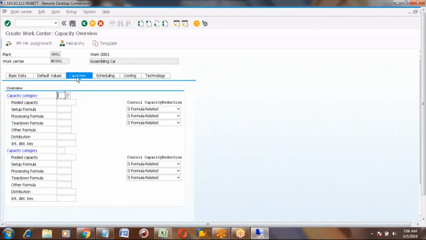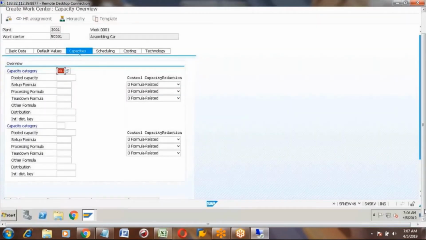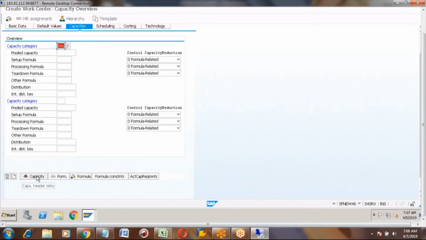First, since we are creating this work center as a machine, we select the category as machine. You can select 001, and once you select this, at the bottom you will have a button, capacity, with the capacity symbol. Click this button and it will open another screen.